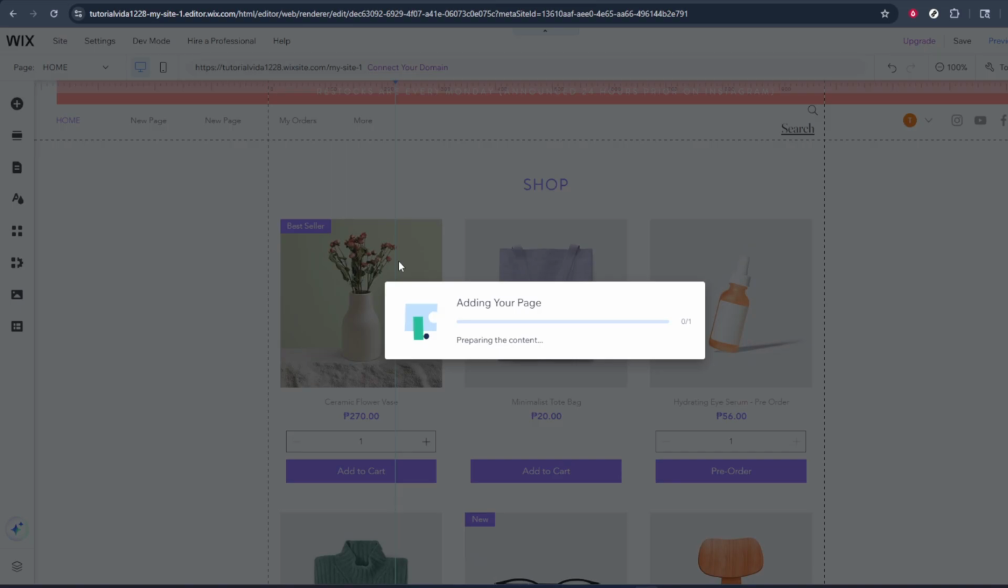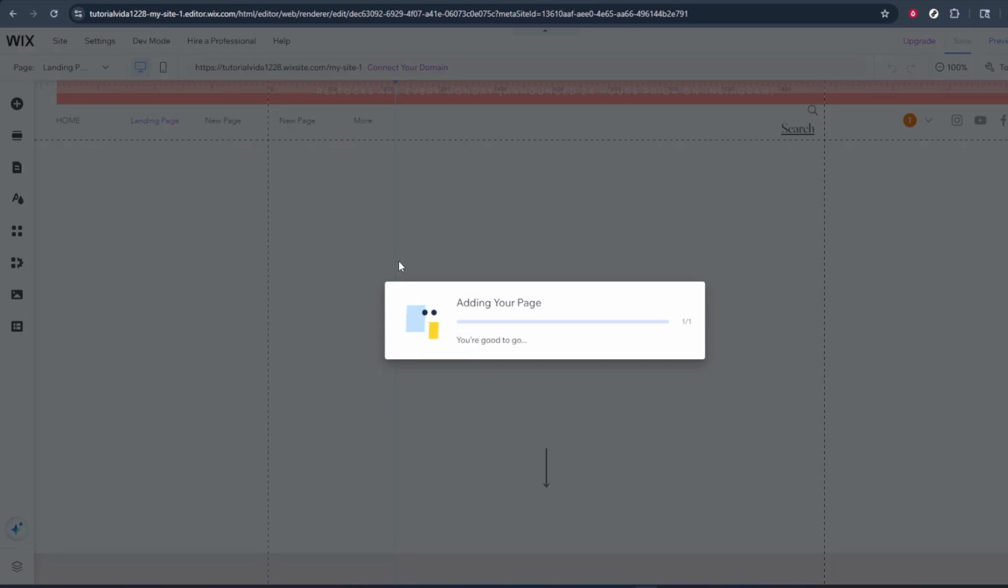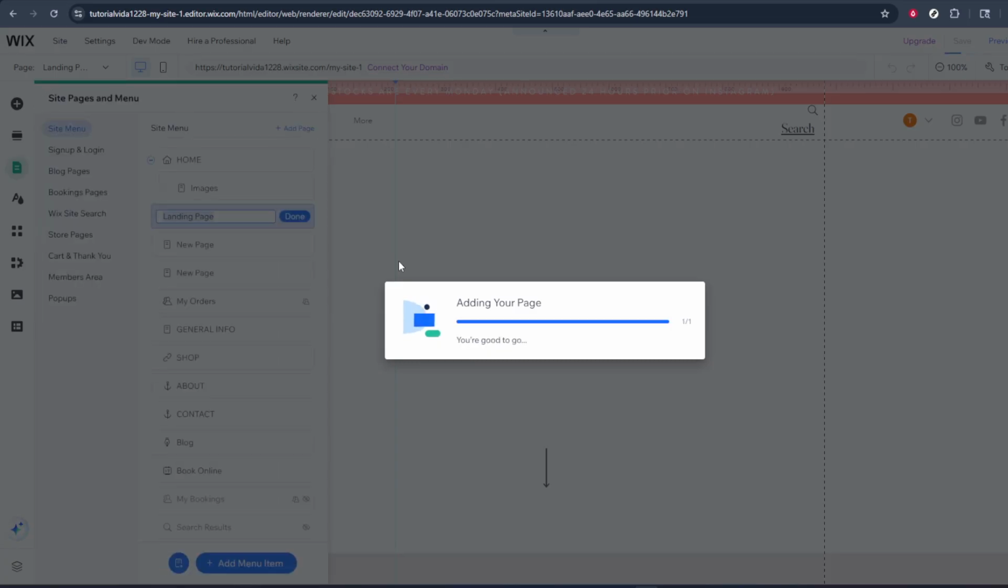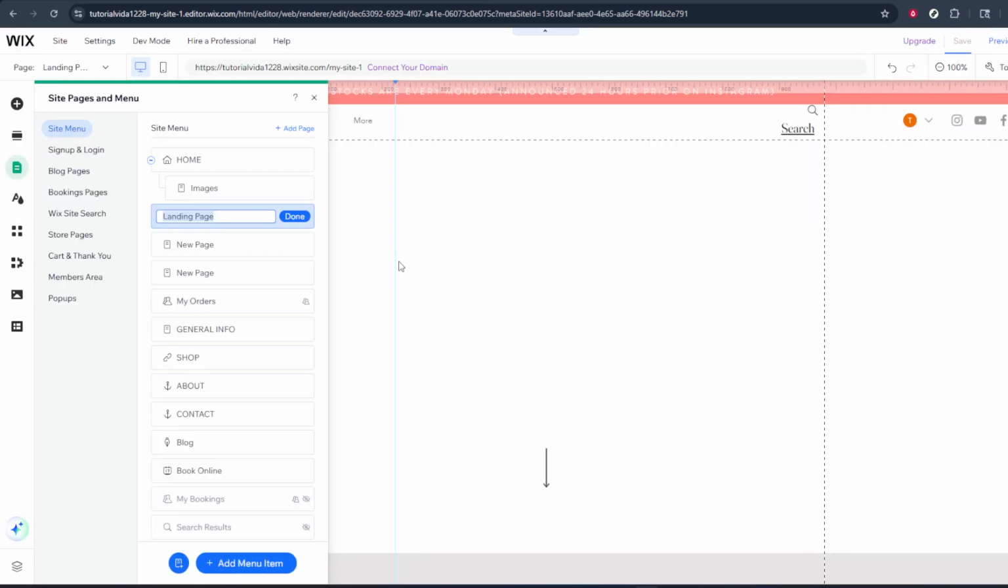Using a template can save you a lot of time because the structure, sections, and basic design are already in place. You'll still be able to customize everything later, including images, text, and colors. Once you've decided on a template, select it and then look for the button that says Add